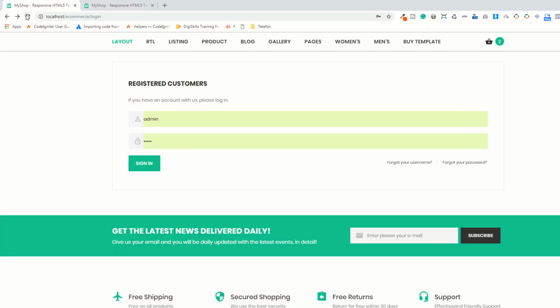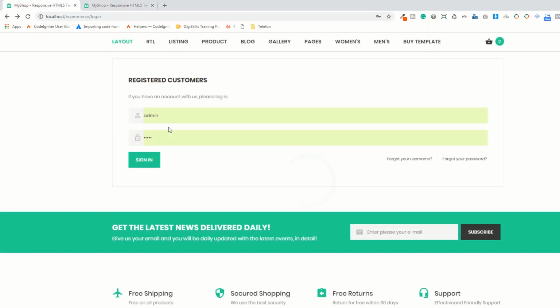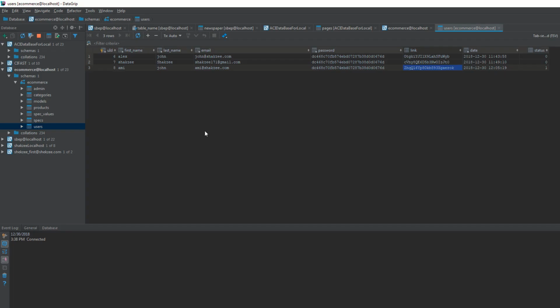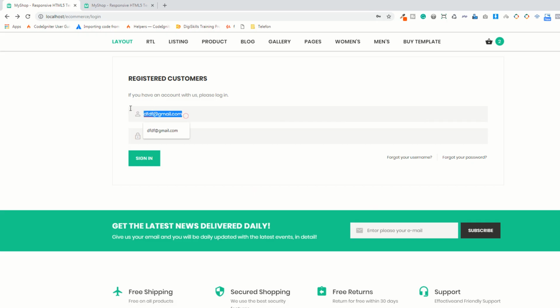Now go to the page, refresh the page. I'm using the wrong email address with wrong password. So it's saying the email does not exist. Okay, now if I have this user John at shikzy.com, so as you can see it's not activated, status is 0. So now I'm saying Shikzy, password is wrong,